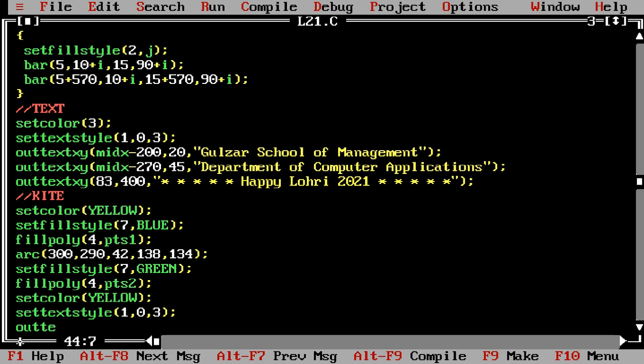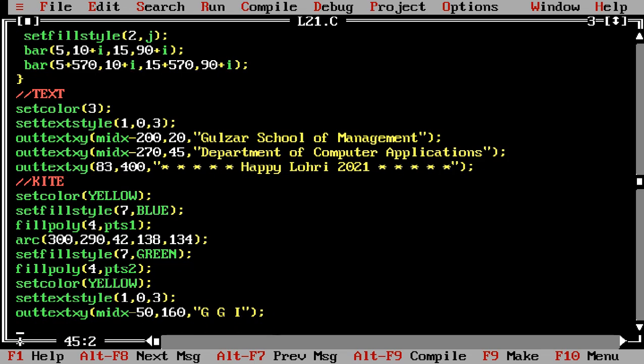Then out text XY. Suppose I am writing here mid-x minus 50, then 160, then in double quote, suppose I am writing GTI. Those are group of institutes. Then